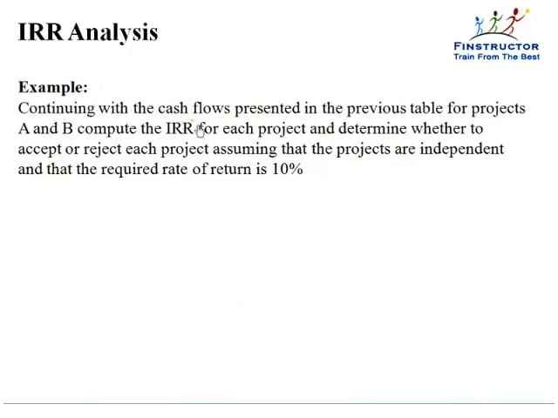So continuing with the cash flows presented in the previous table for projects A and B, compute the IRR for each project and determine whether to accept or reject each project, assuming that the projects are independent and that the required rate of return is 10%. Now please remember that the decision rule for the IRR analysis is that if the IRR is greater than the cost of capital,